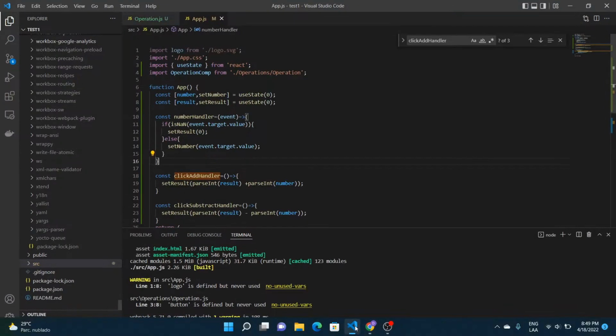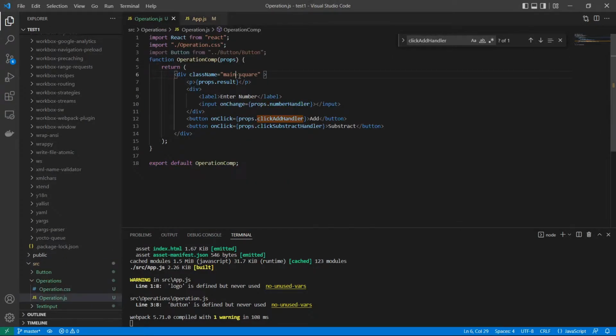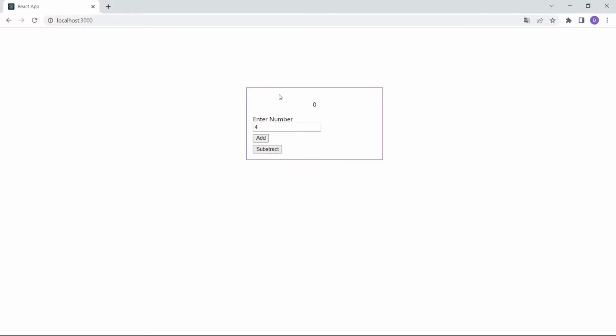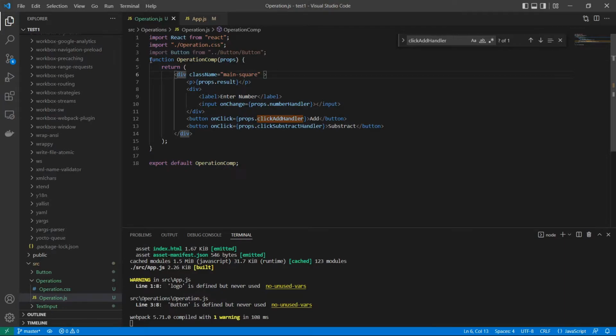I have that code here, and I have two components. The first component is the operation. This is a representation; it represents all these elements in this square. This is like the calculator. First, this is the component's name, operation component. It receives the props, the properties, and it returns all the elements that are going to